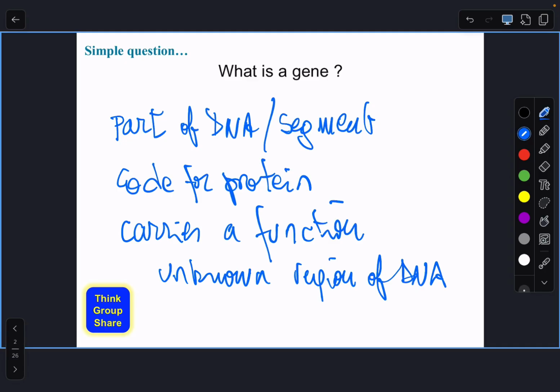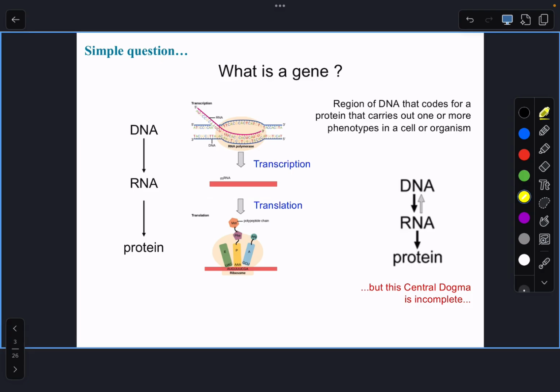So I want to home in on this idea here that genes code for a protein. And the reason I want to home in on that is because it's a very, very common slight misconception. And the idea here is that even though it is true that many genes code for proteins, there are many others that don't, right? So that is related to, by the way, I wanted to put into cartoons what we normally think genes might be at the molecular level, and that is what I just said, but this common yet slight misconception that DNA gets transcribed into RNA that is going to be translated into a protein.